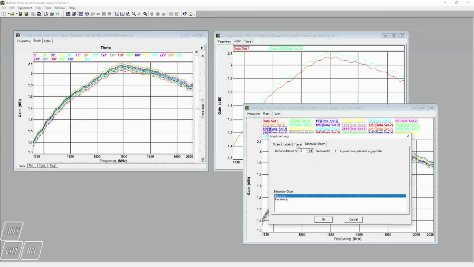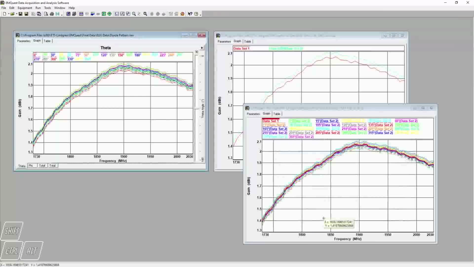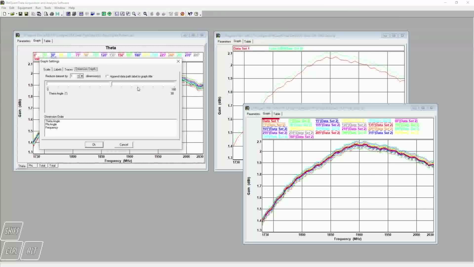It still creates the two data sets, but now I can come in here, and if I want to make this big so that you can see it clearly, there's the reference trace in the first data set, and you can see all that other data dragged on top of it, and you have much more control over what you've done. And if I wanted to even come in here and reduce this down further so that I only had a single curve,